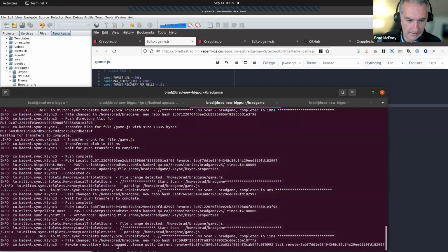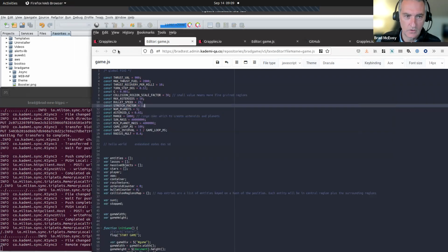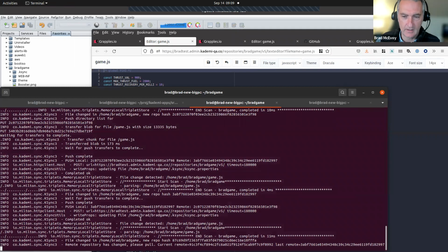Right. It says this repository has changed, please pull. So ksync hasn't done anything because it's telling me that stuff has been changed on the server that it doesn't have locally, so it can't sync. So all I've got to do is pause ksync and